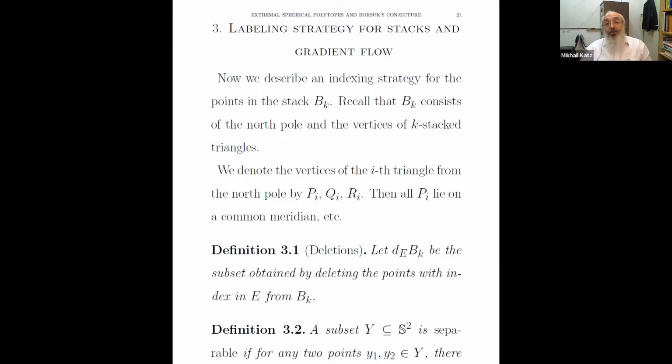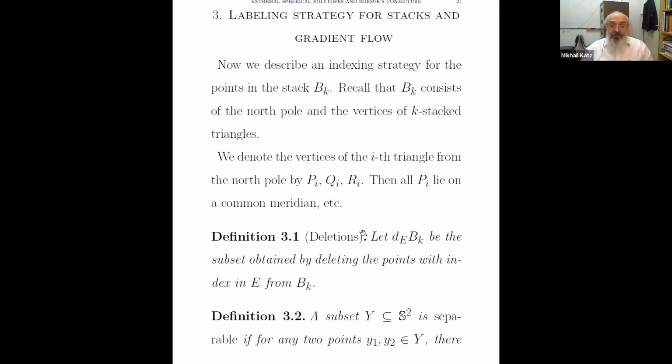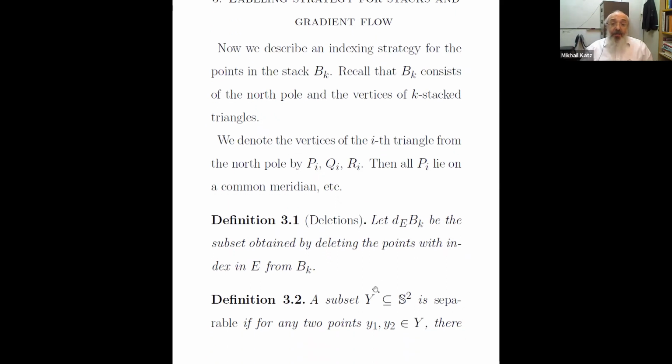And then with properties that are quite unpredictable, you wouldn't have guessed it beforehand. So that's the idea here. You want to delete a few points and then flow with the flow. And here is a key property: you could ask, well, if you flow with the diameter flow, maybe the points will coalesce and you won't get anything interesting. So the point is that they don't coalesce.